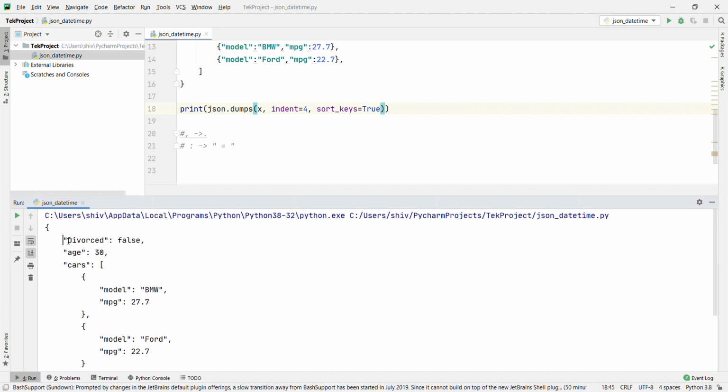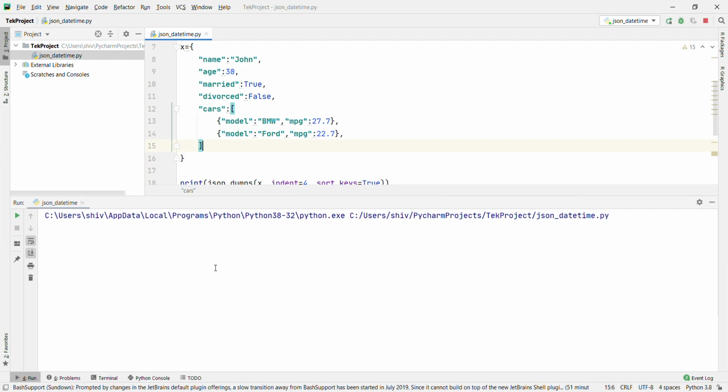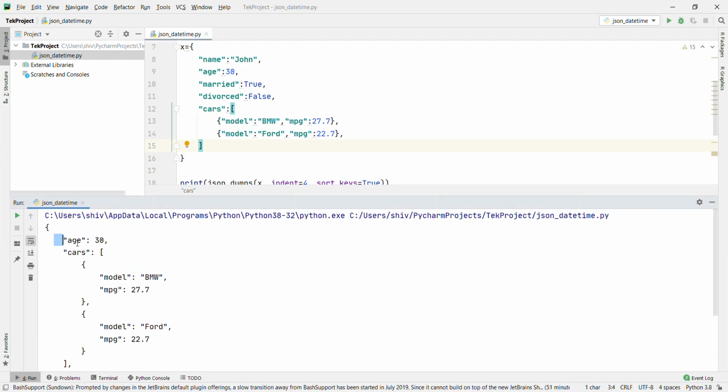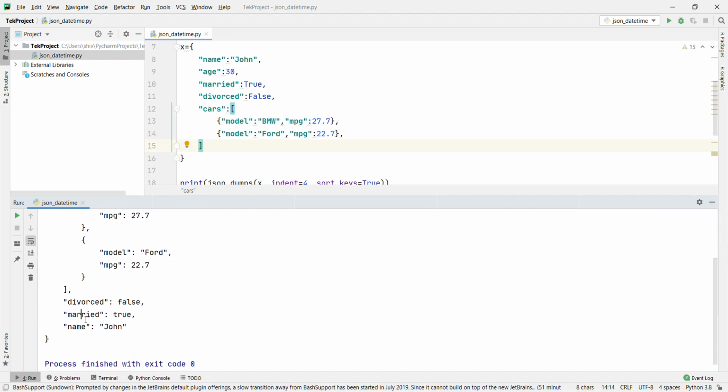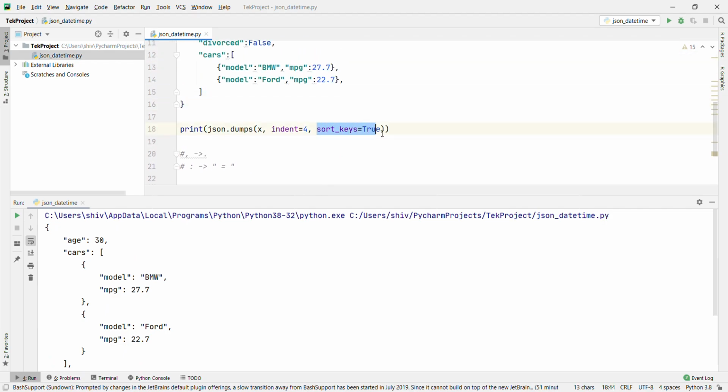Divorce is coming first because this is uppercase D. If you use a small d, it's the ASCII value, that's why it's coming first. Now I'm going to use all small letters and run once again. Now age is coming first, cars, then divorce, then married, and then name. This is very important, sort_keys.